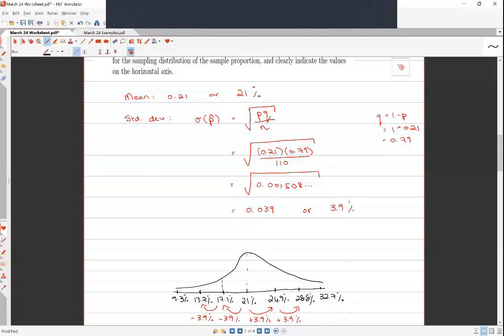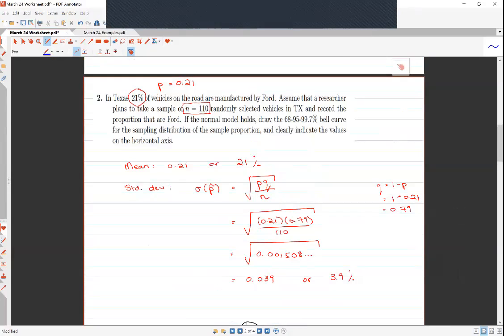So now remember, the middle two values, they represent the 68%. The next two values, they represent 95%. And the outer two values, they represent 99.7%. So practically, what does this mean? If you go and take a sample from this population, you sample 110 vehicles on the road in Texas, and you, in your sample, calculate what proportion would be Ford, then this is telling you